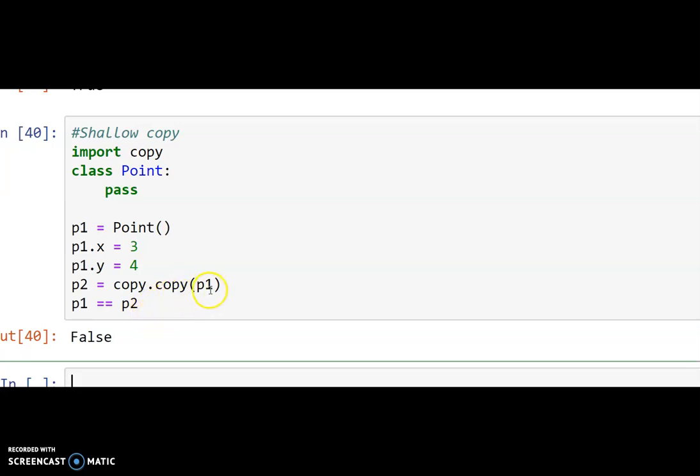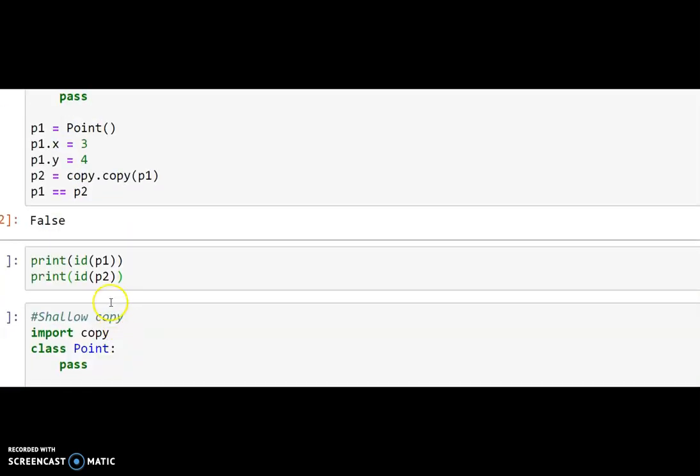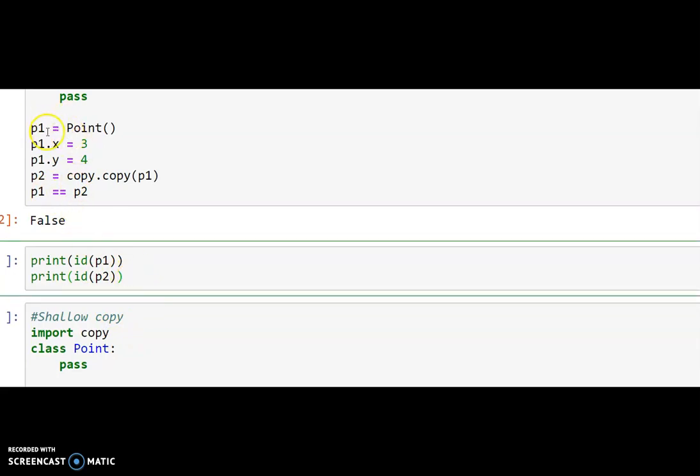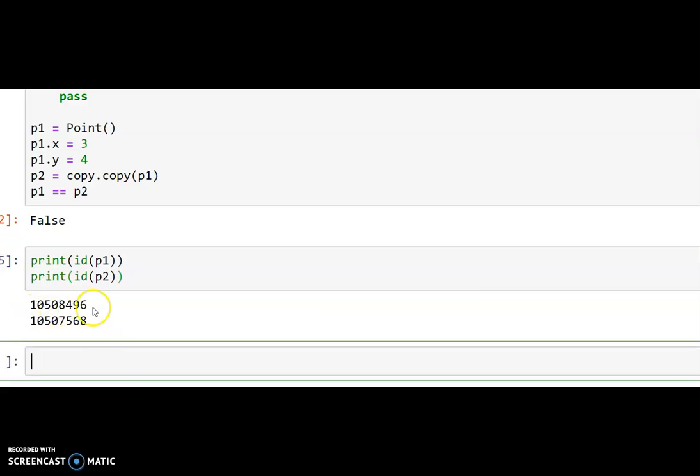because it just copied the content of P1 into P2. But P1 and P2 are not the same. P1 is an object, P2 is another object it created. Shallow equality checks only the reference. We'll just check the ID of both the objects which we have created, P1 and P2. Only if these two outputs are the same, then our output will be true. Otherwise, it will be false. So these are the two IDs of P1 and P2. Since these two are different, obviously the shallow equality will be false.